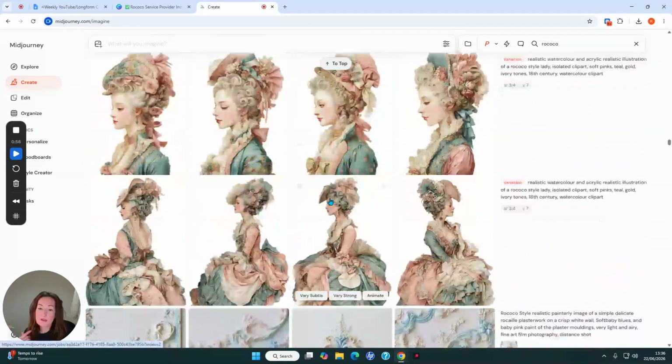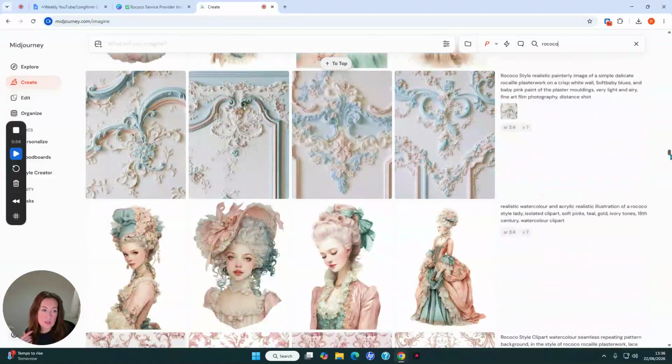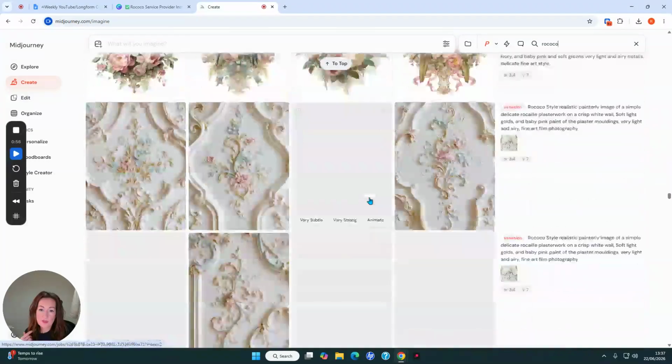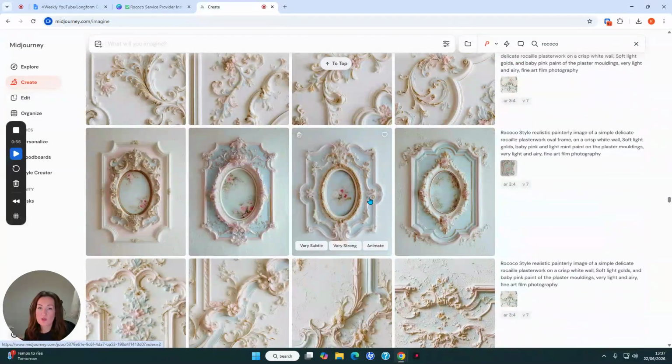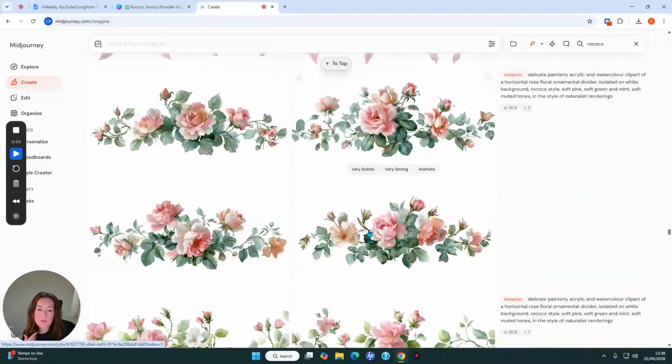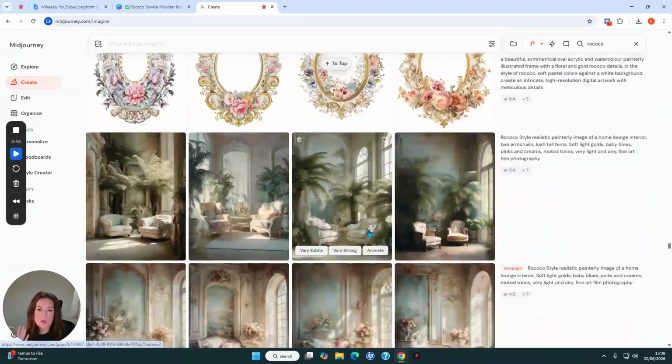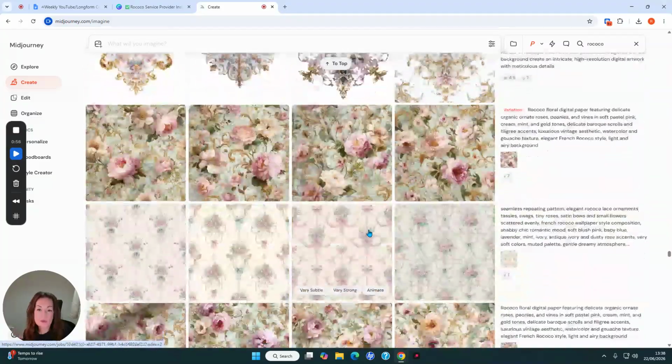And then if I show you the prompt, if I start at the beginning, I like to create a lot of different graphic elements. Graphic elements are things like ornaments, clip art, borders, things that you can use in your design. I also like to create the images that I mentioned earlier for the backgrounds. To create prompts for imagery that's going to align with the theme of your design,